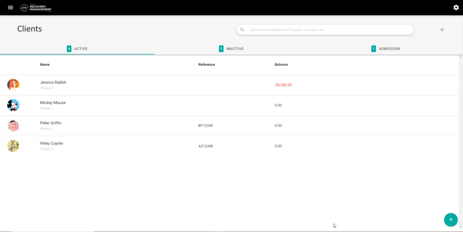you will need to have a client enrolled that you can use to complete the evaluation. So, inside of the ARM system, to enroll a new client, we're going to start on our active client screen,